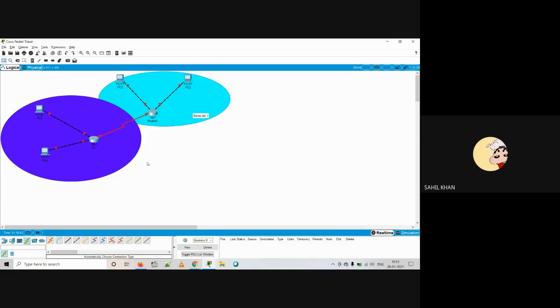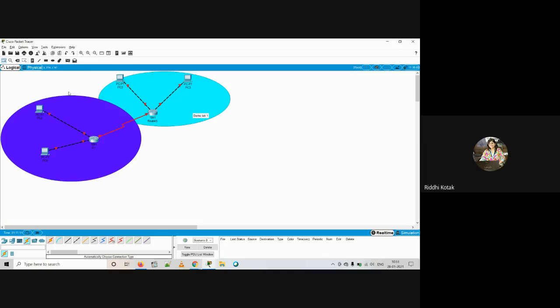Okay, ma'am. Yes. So this is how you can configure the basic things in Cisco Packet Tracer. Next command, that is PDU. When you configure your network, you have to provide IP address to all the PCs and configure your routers, which we will do later on in many of the practicals.